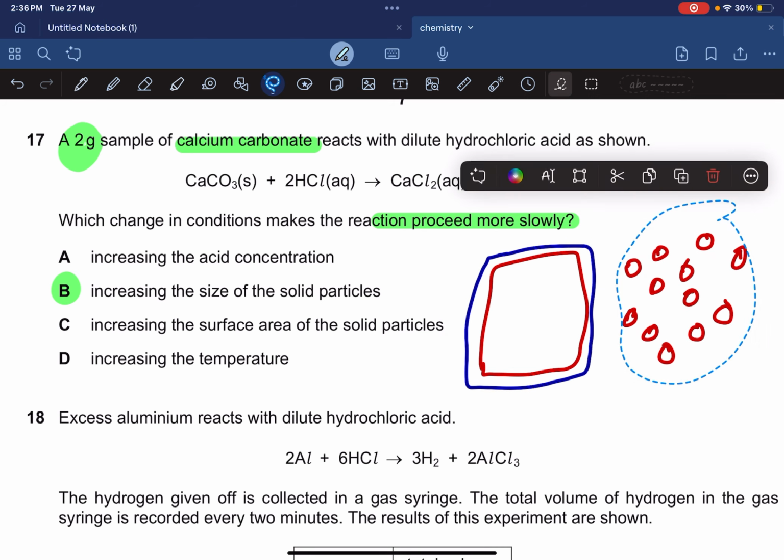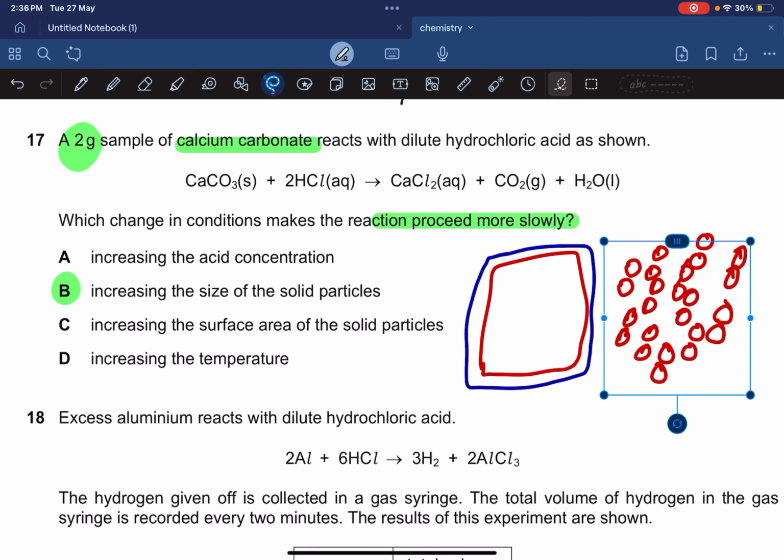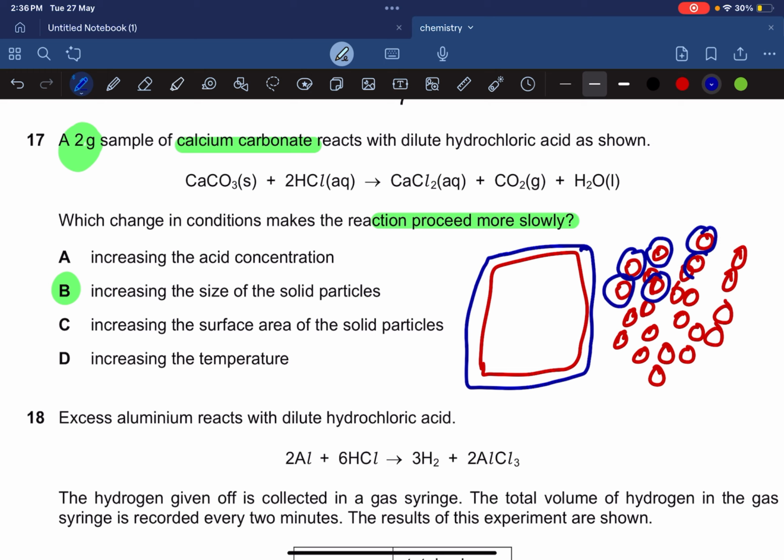Let me show it to you guys. Look, now you have a large number of particles. These are the particles, and what basically happens is the surface area of the particles increases. Now the blue surfaces are going to be much more. Right over here it's just a single surface, but now outside all particles you're going to have these blue surfaces, so the total surface area increases, and hence the frequency